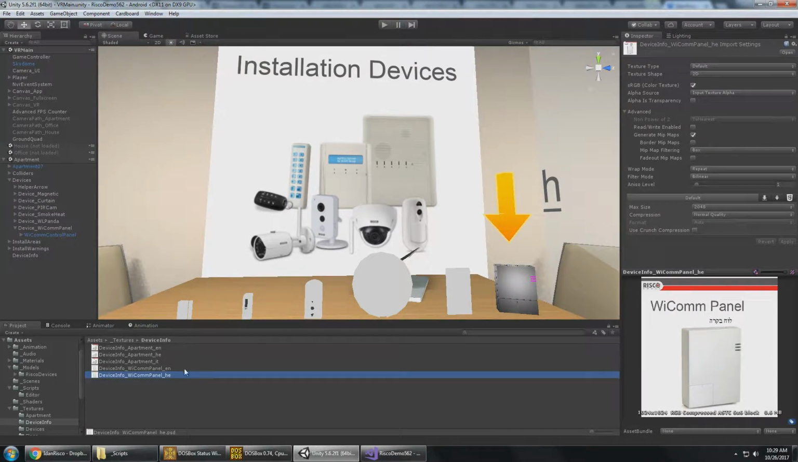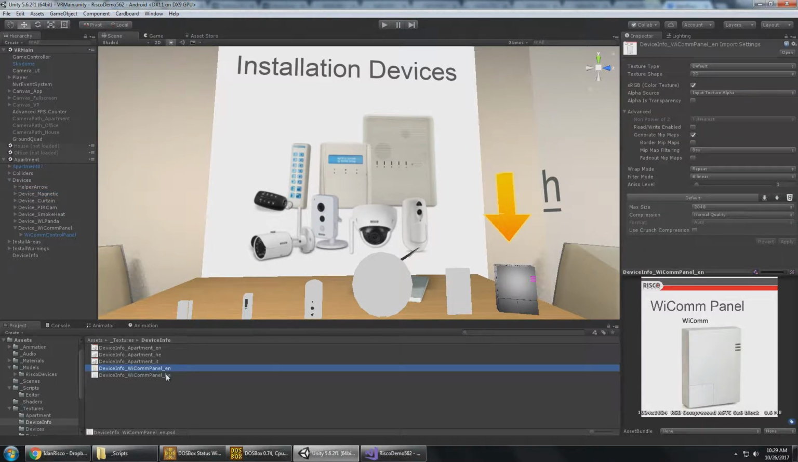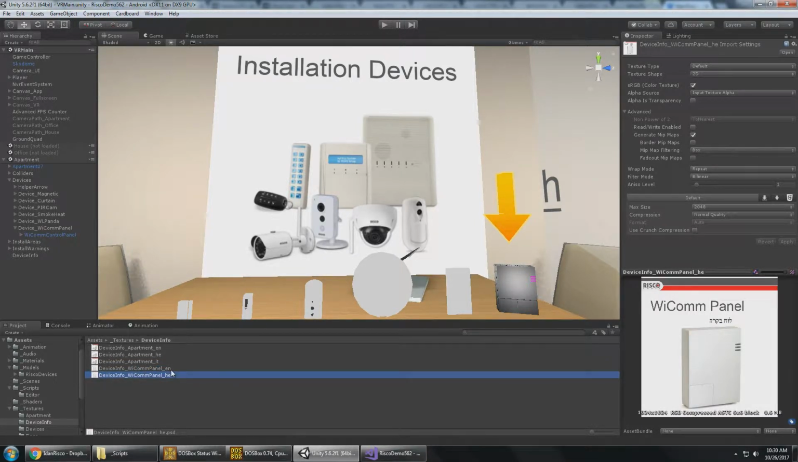You can see I've just made a sample so that there's some English text and some Hebrew text. So it doesn't matter what language you populate it in. The name just needs to be the same up until the underscore. So it doesn't necessarily need to say device info, but anyways, it needs to have the same name: Ycom panel underscore en, Ycom panel underscore he, for all the 5